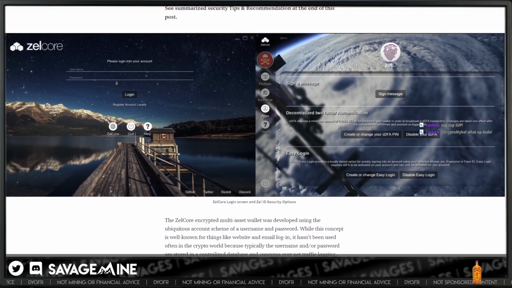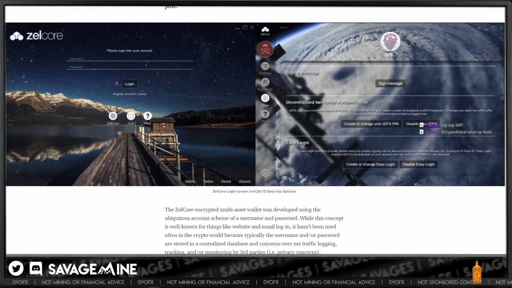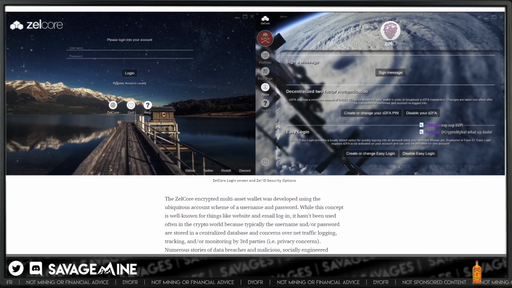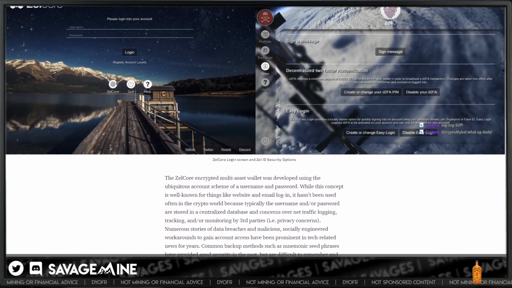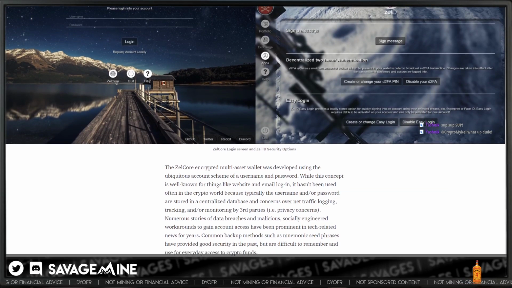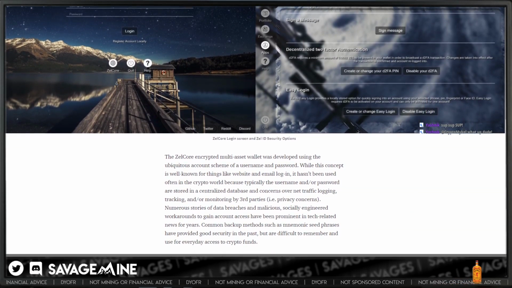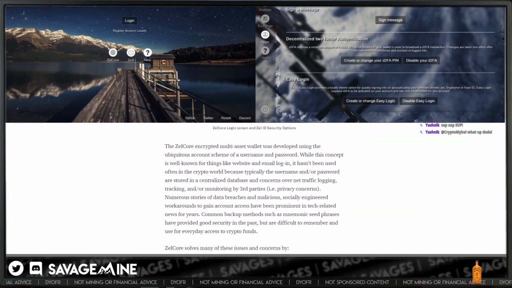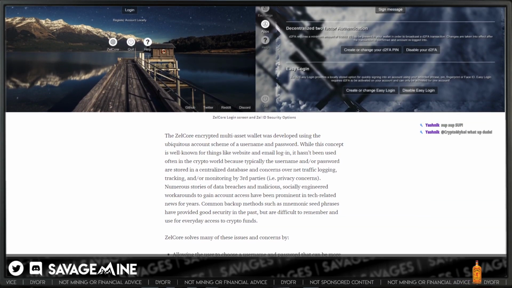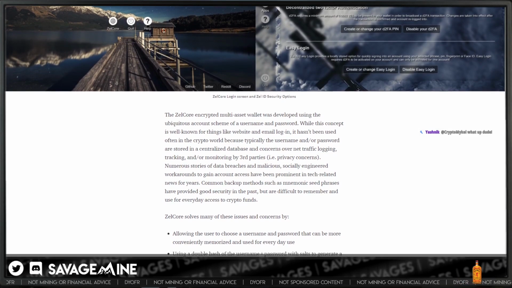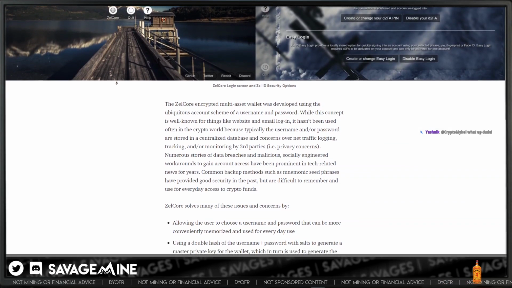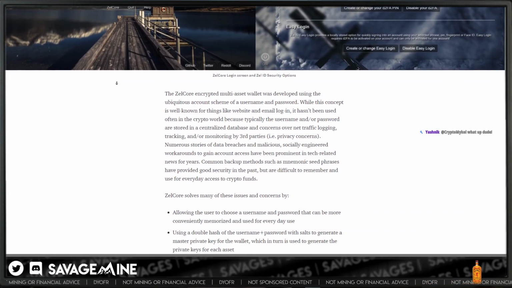That's one of the problems with blockchain technology: having a mnemonic seed or a private key. These things are not easily remembered. There are people that do remember them, but they're not easy to remember. But people do remember usernames and passwords because they've been doing it for a very long time. So Zel has implemented that, but made it secure, right?